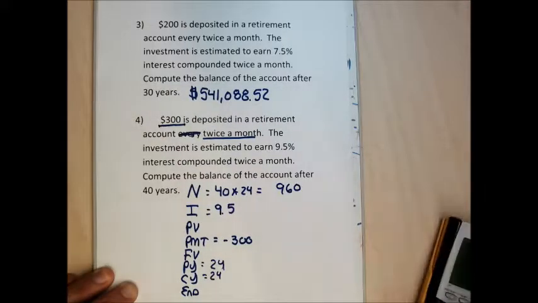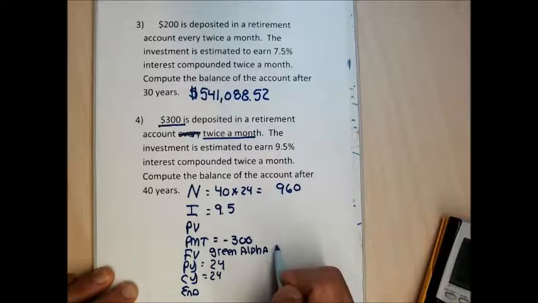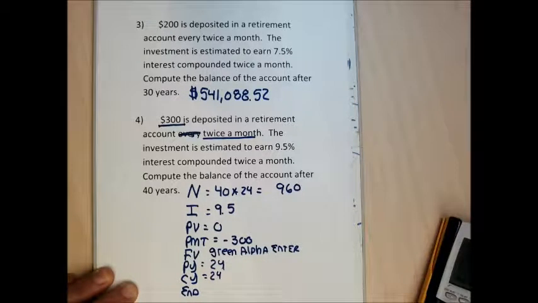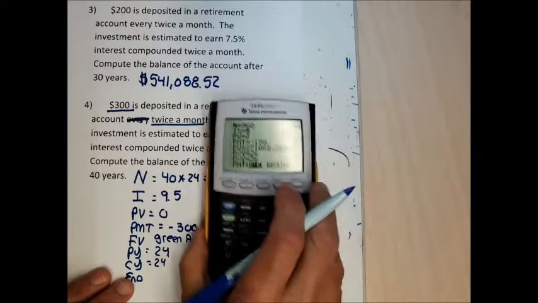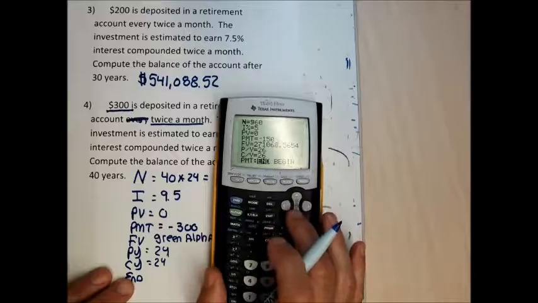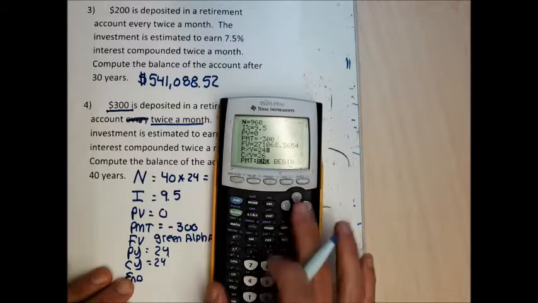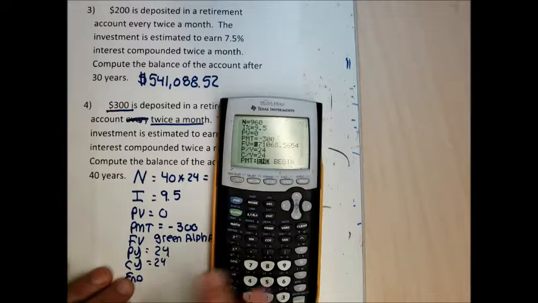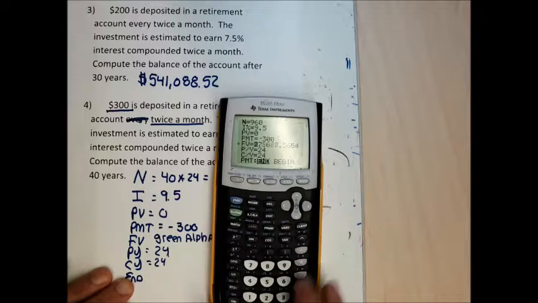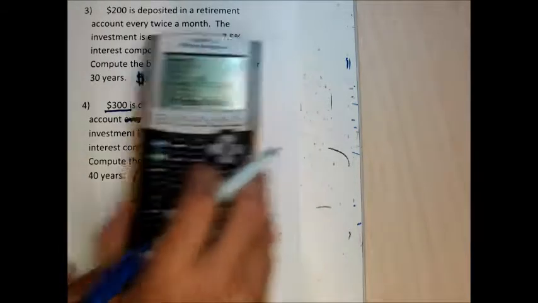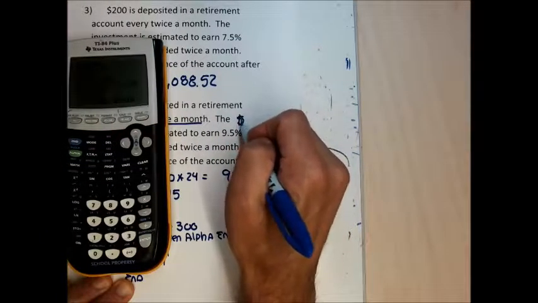Yeah. Again here, I'm going to green alpha and solve this for the future value because I want to know how much money I have in the future. And for the PV, I'm going to put 0 because that's any money you would have initially saved up, which I don't have any. So I'm going to type in 40 times 24 for the N, 9.5 for the I, 0 for the PV, negative 300 for the PMT, 24 for the PY and the CY. I'll go up to the FV, hit the green alpha button followed by enter. And for my problem, if I did this right, I come up with